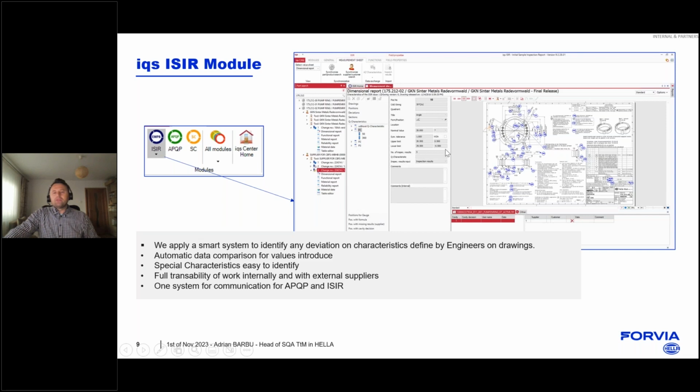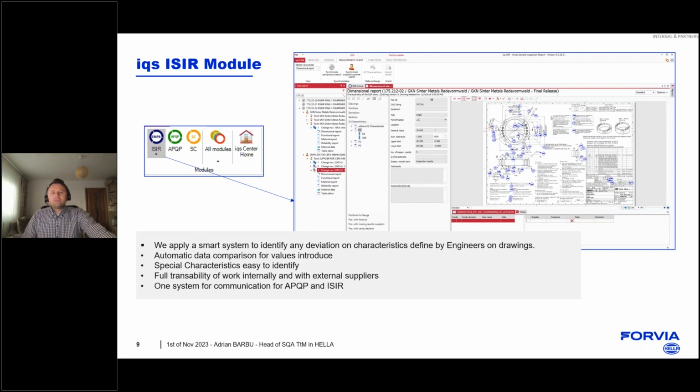The system also offers full traceability, and this is very useful from a work perspective, because we can always see the progress of our dimensions once the supplier has tried to develop the process itself, and we had deviations through that.